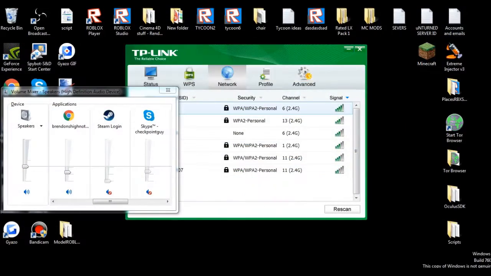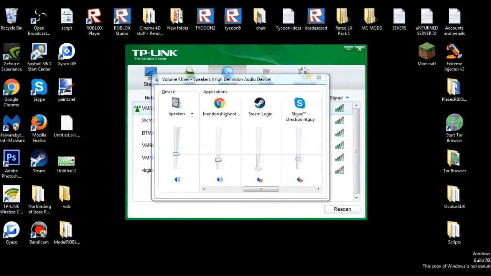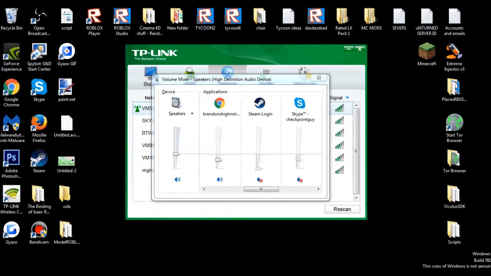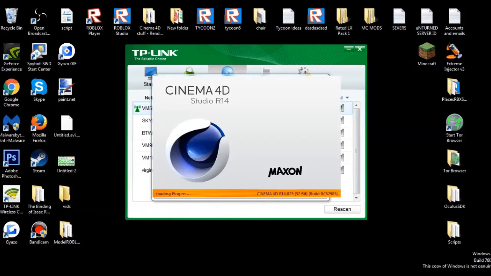You can minimize everything else, and you will then have to open Cinema 4D. Now I'm using Cinema 4D R14 Studio version, and if you don't have Cinema 4D, then go find a way to get it, because there's tons of ways to get it.